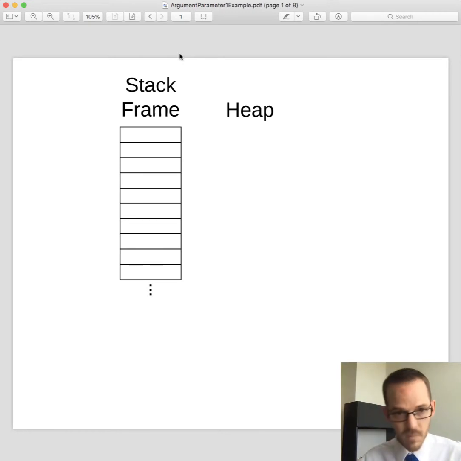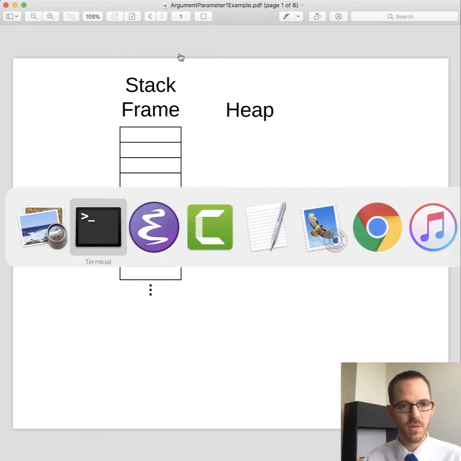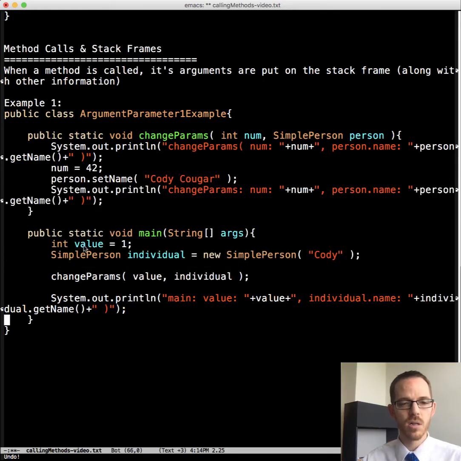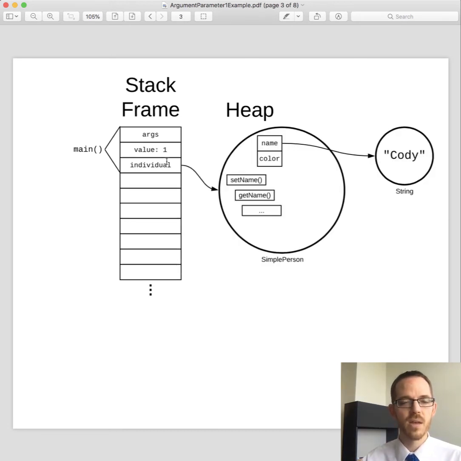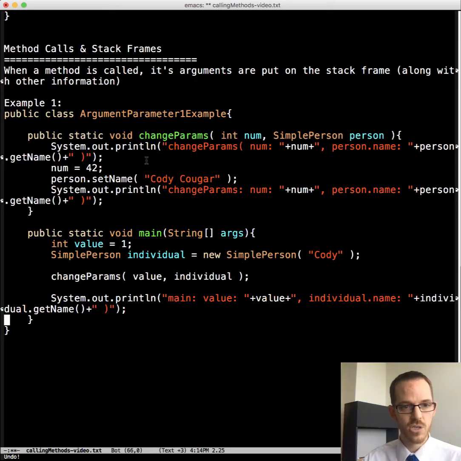So here we have our stack frame, and as we call, let me flip back to the code, as we call main, then it's going to put this on the stack. Okay, so this is the stack frame, this is the part for main. It's going to put args because that was a parameter, and then it's going to put value and individual on the stack frame, and then we're going to assign 1 to value, and individual we have it calling new simple person, and in there it's creating a string and we're assigning it to Cody. Okay, so that's a couple steps here all in one,